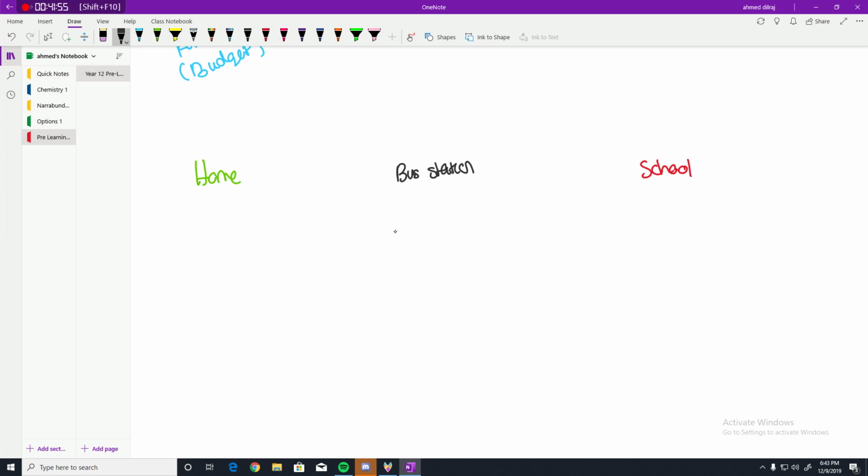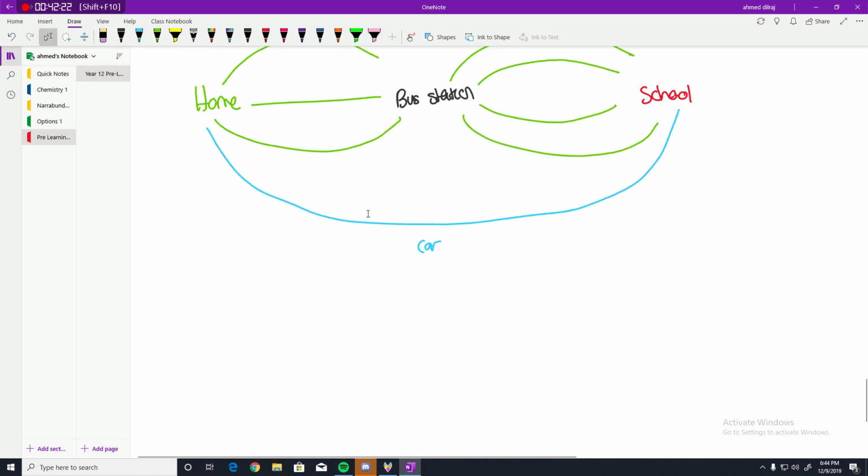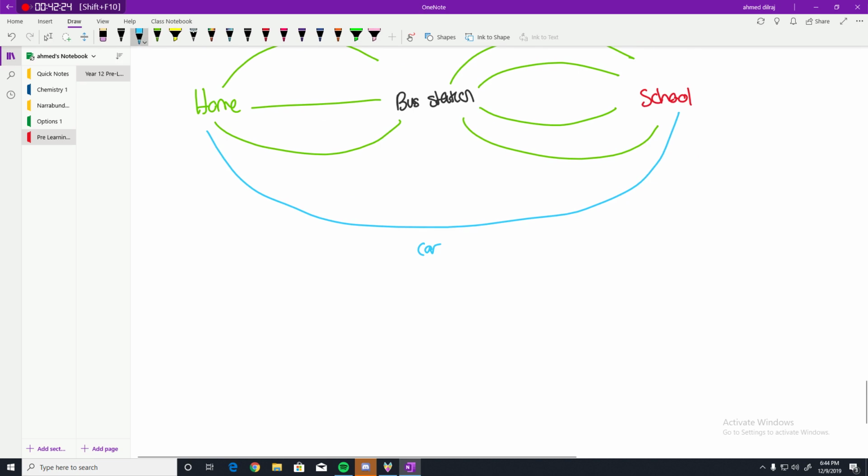Now, from home, there are actually 3 buses that go to the bus station. Let's say one's the 6, the 4, and the 57. And from the bus station to school, there are actually 4 buses. However, Rohan does have the option of just catching a car. That's the car. So let's figure out how many ways